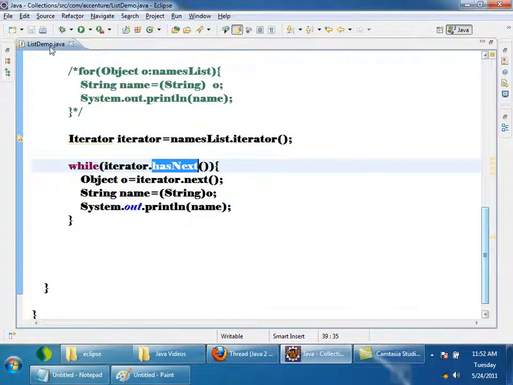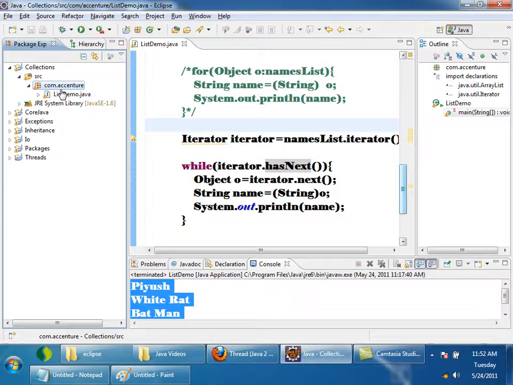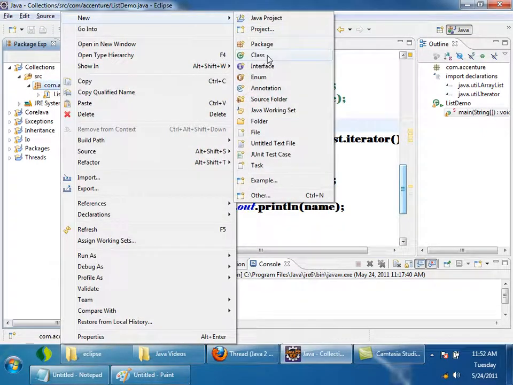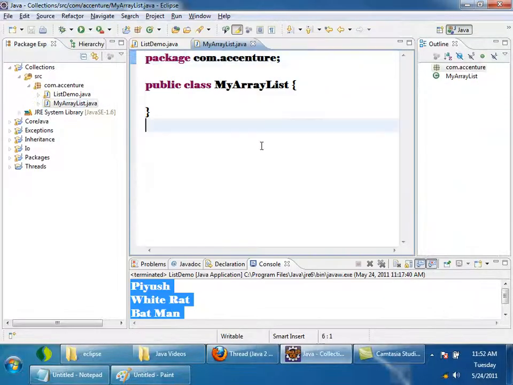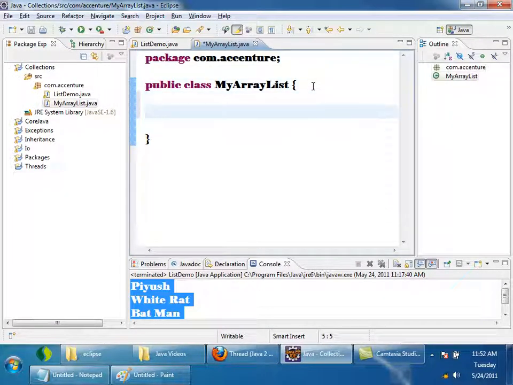To explain how ArrayList works, I am creating a class called MyArrayList. You just understand it, don't write it. As I said, ArrayList will have an Object array, elements.